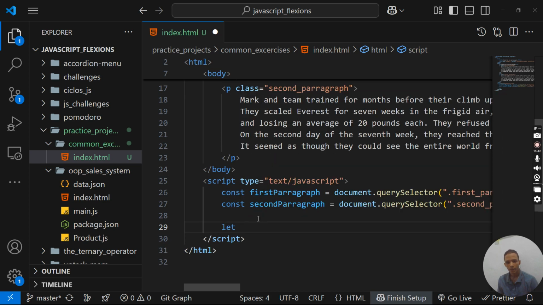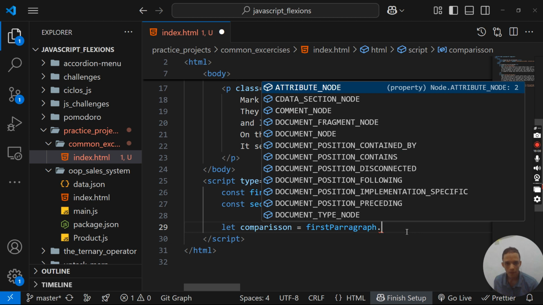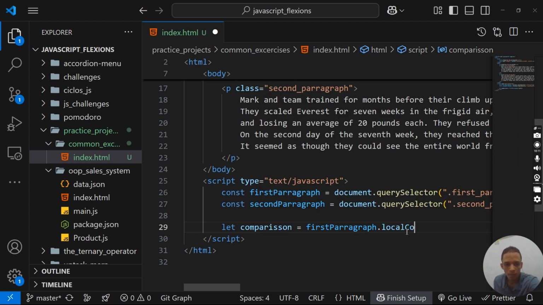Let comparison is equal to first paragraph, and then we say that localeCompare, and we put on here just the next paragraph, which is this one,